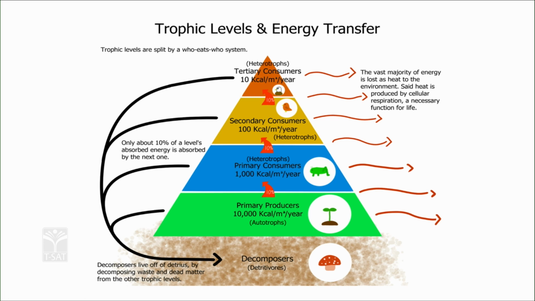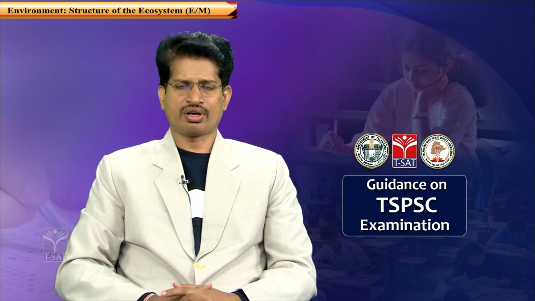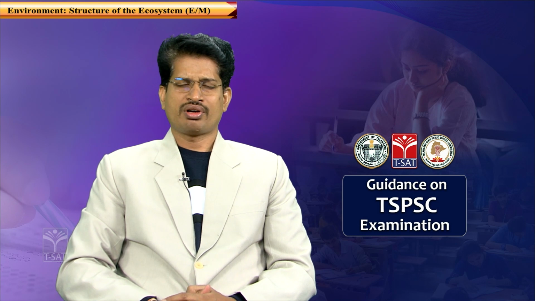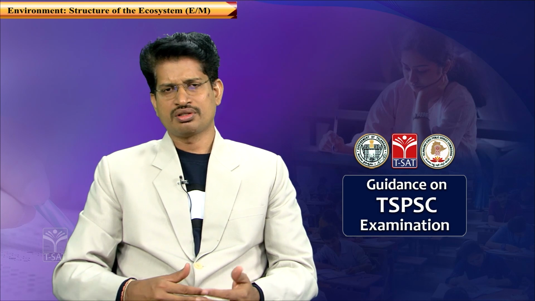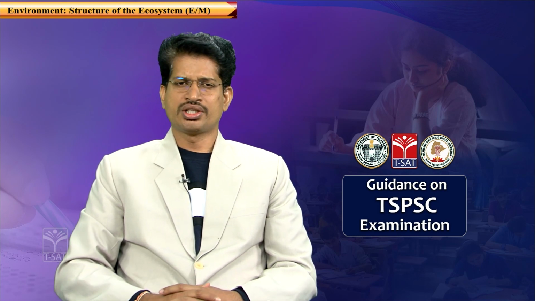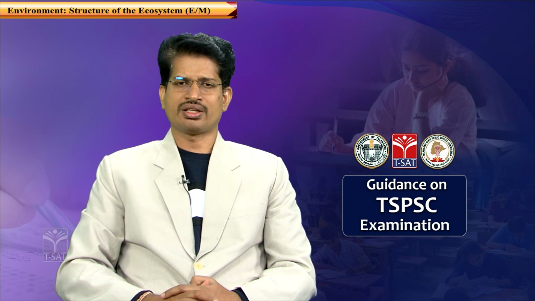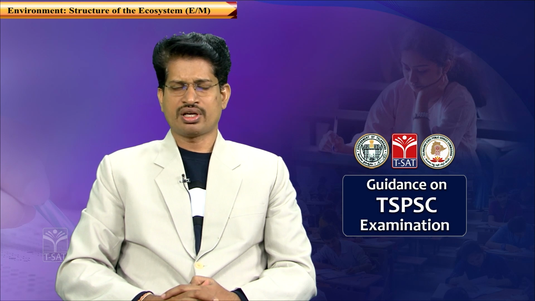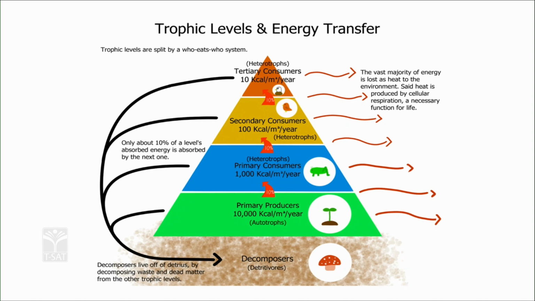That is the reason why, when you compare the number of tigers with the number of deer in a forest, obviously the number of carnivores like tigers or leopards gradually decreases because of the decrease in biomass, because the amount of biomass and the energy being transferred to the next trophic levels gradually decreases. So in this process of passing of matter and energy across trophic levels, ecosystems perform certain functions and they provide certain services.